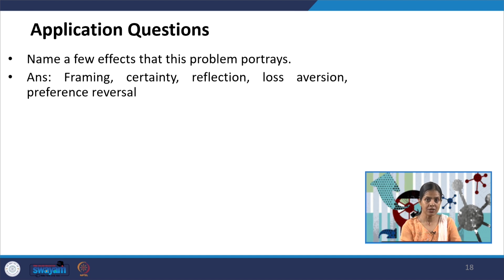There is the reflection effect, because when the gains and losses are mentioned, they are just the reflection of one another. There is loss aversion, because of loss aversion people actually preferred to go for A over B and then D over C, and then preferring A over B and then D over C also refers to